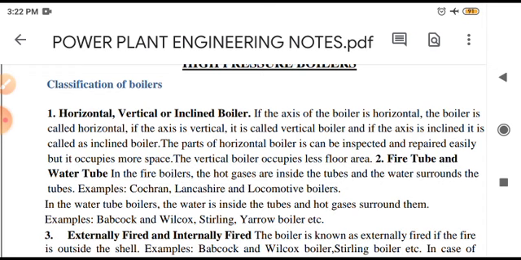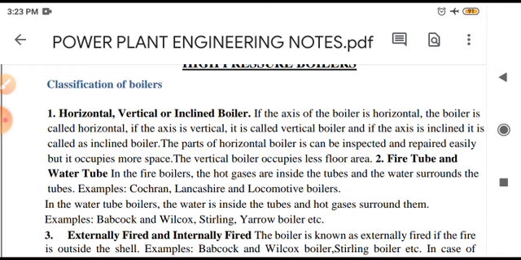Now let's see the characteristic features of a high pressure boiler: method of water circulation, improved method of heating, type of tubing, pressurized combustion chamber, high steam pressure and temperature, compact size with intensive heating, high efficiency, and once through construction. All these components we have to see. First, the method of water circulation. The force of water circulation is increased and maintained with the help of a centrifugal pump, which forces the water through the boiler plant. It increases the mean temperature of heat addition and the evaporation capacity.